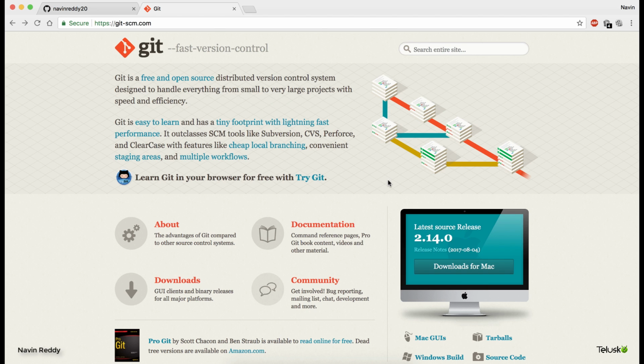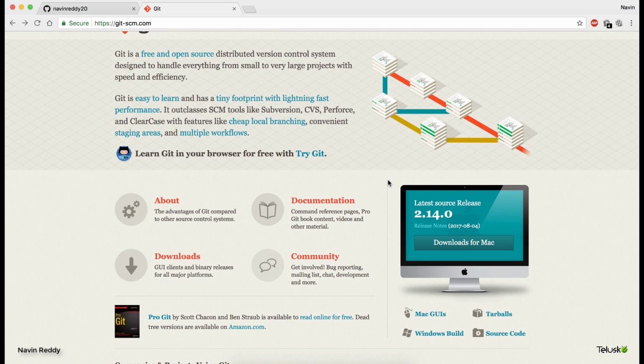Again, everyone talks about Git, right? If you join any company, it doesn't matter which project you're working on, people might use Git there. I mean, 80% of the projects might be using Git. But then why is it so famous? And if you search different videos on YouTube, you will find different reasons why you should be using Git.